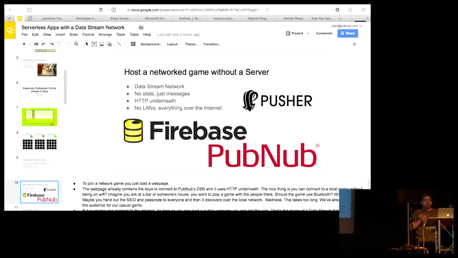Well, to host the actual networking part without a server, you use a data stream network. And that is what PubNub does, and these are some of our competitors. These are not like syncing databases. These are stateless networks. You send a message into it, and it goes to the other end. It's all HTTP underneath, and there are no LANs. Everything is over the internet, so we're not using rendezvous or local networking, nothing like that, which has some advantages